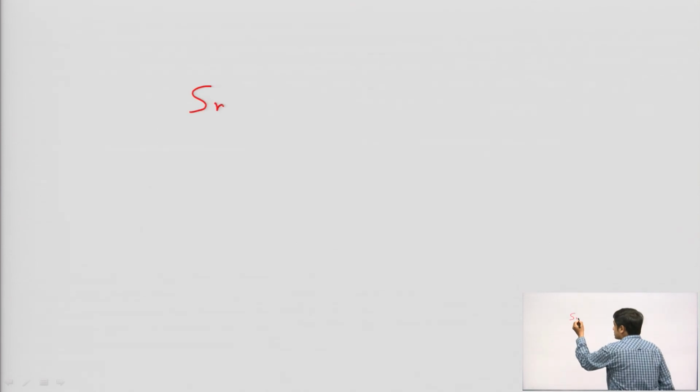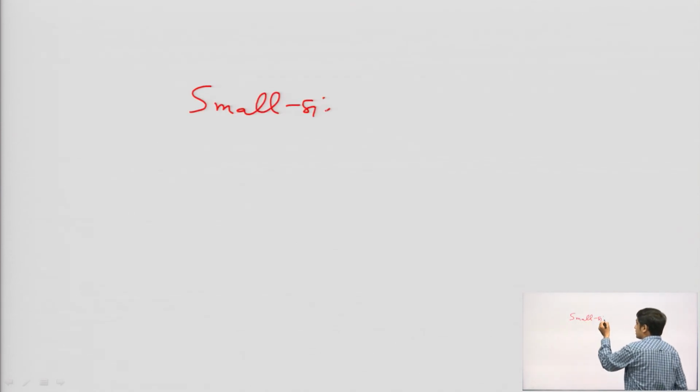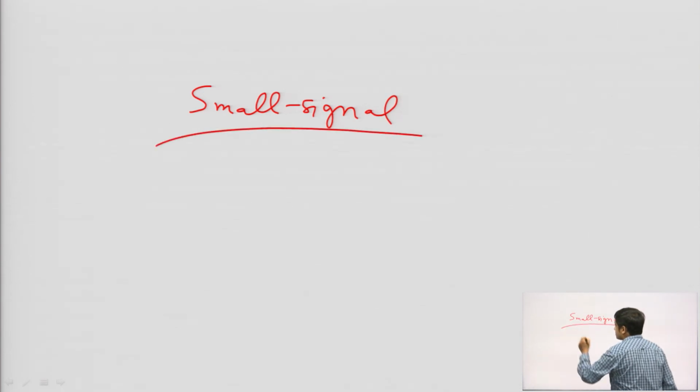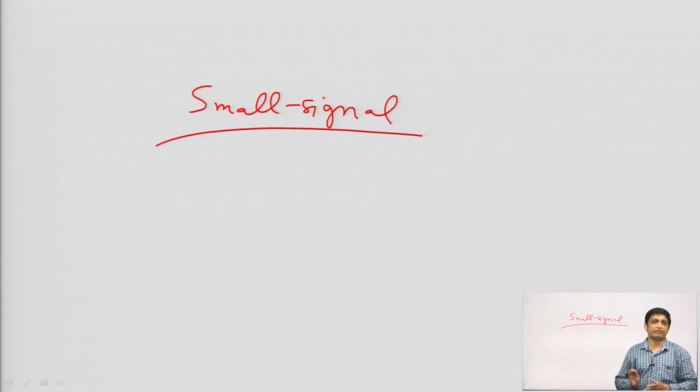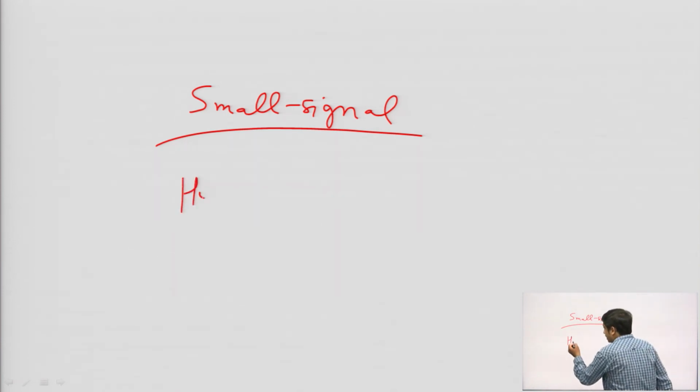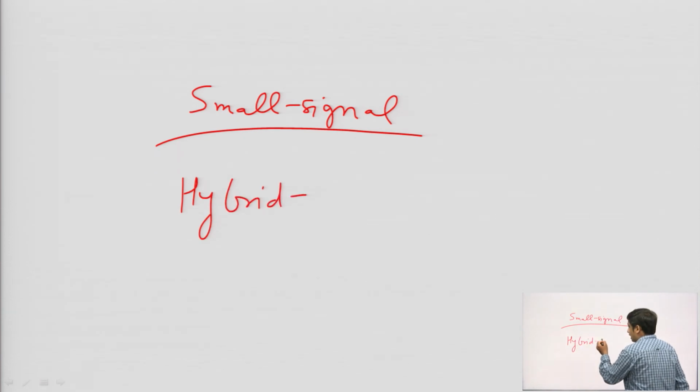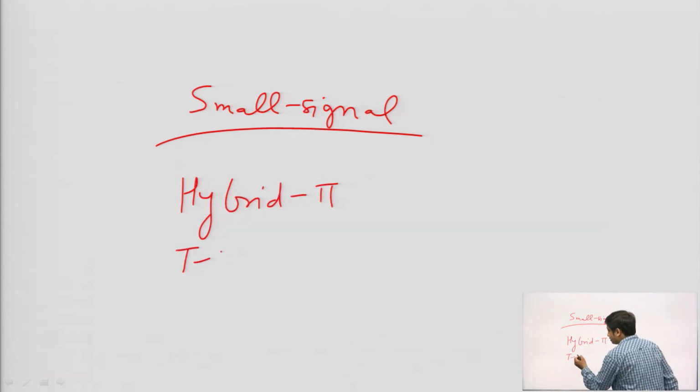Why do we need to understand the small signal operation and model? Because the signal which we are applying at the input of the amplifier, that is the AC signal, is to be amplified, that is your small signal. If we have to deal with the small signal, then we need to draw the small signal model. In a small signal model we can draw the hybrid pi model or we can draw the T model, depending